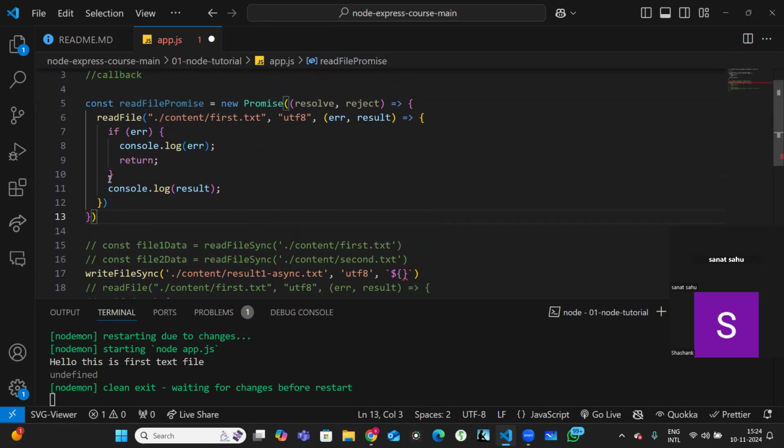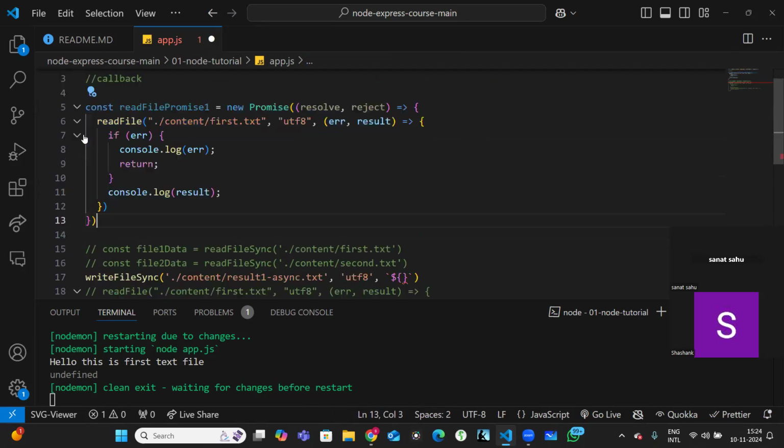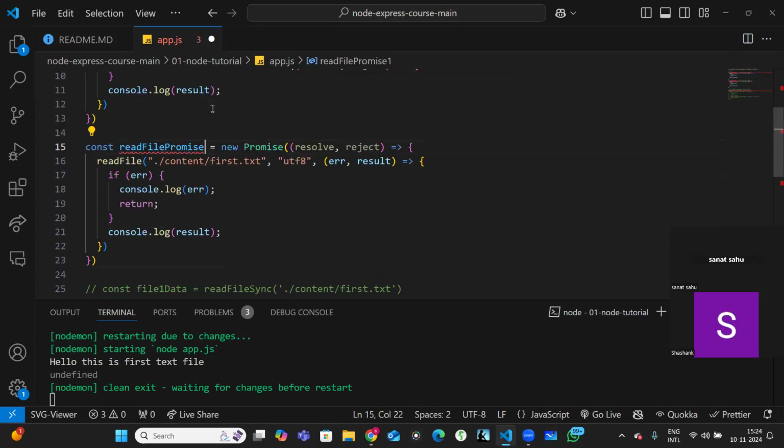Right? Okay. Now with promise, what we will do? So readFilePromise is the first promise, which is reading the first file. Similarly, there will be one more promise which will read the second file. Now the benefit with promise is we can